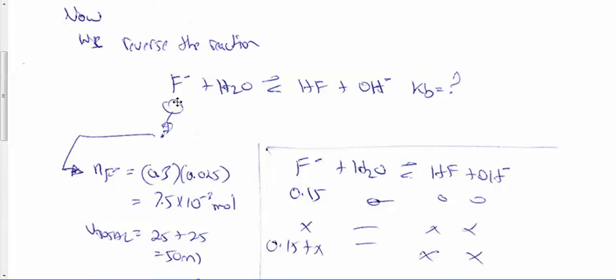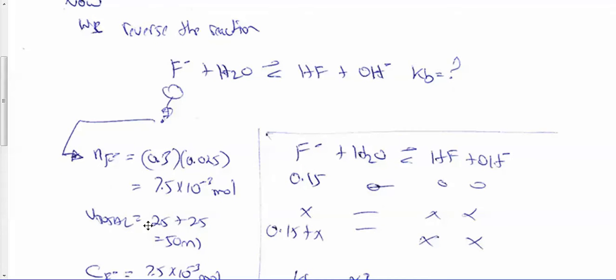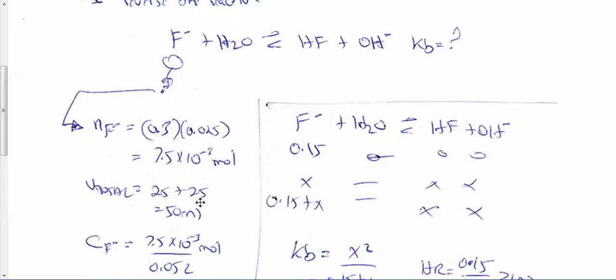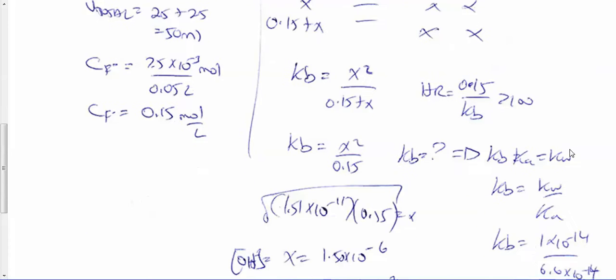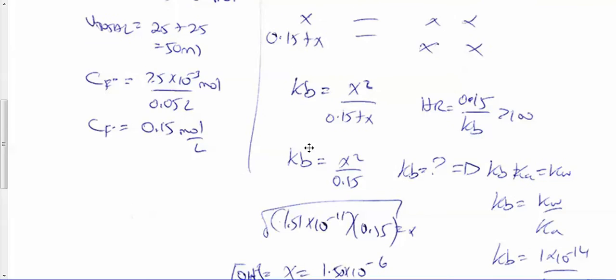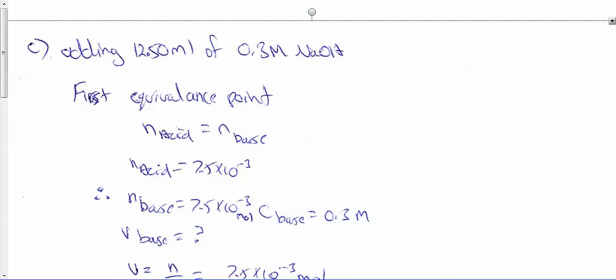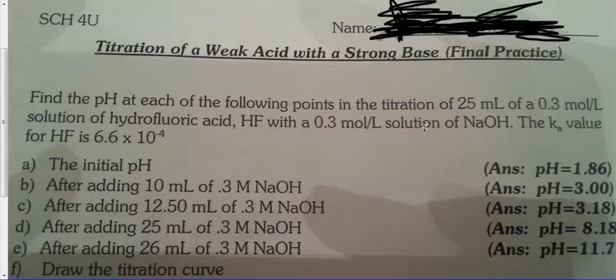The initial number of moles for this is going to be the same as the initial moles of the acid. Then this is the important part: you need to divide by the total volume, and then you get the concentration of F minus. Then it's just a simple ICE table, and from there you should be able to easily figure out the pH. And if you check the answer, I'm sure we got 8.18. Okay, good. And hopefully that